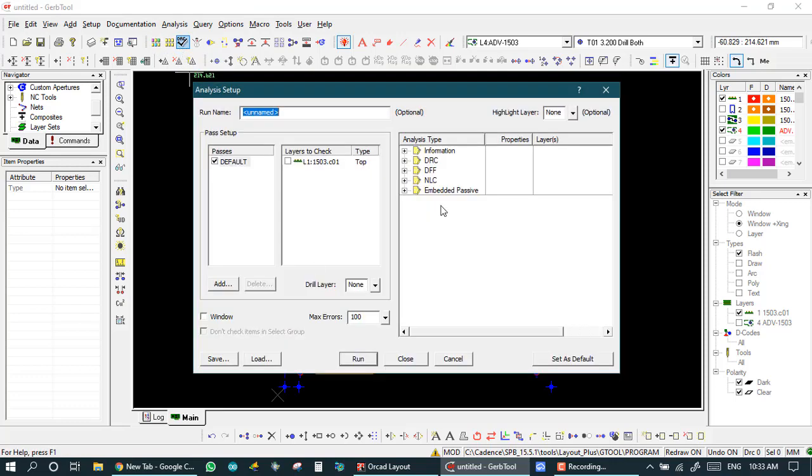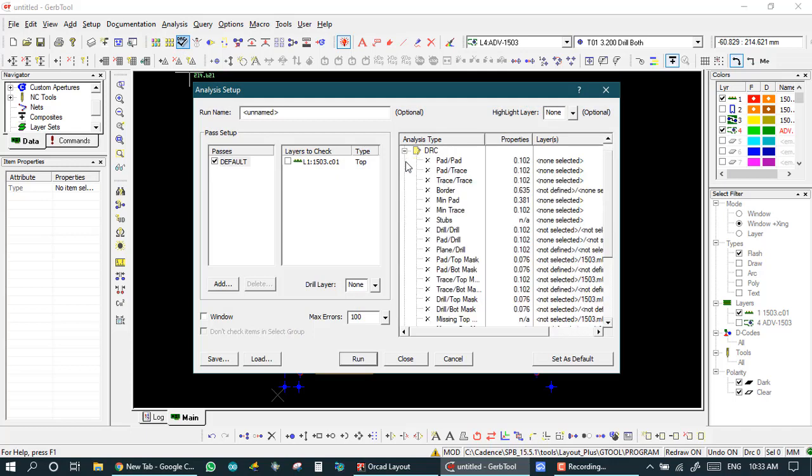setup, and DRC setup also takes pad to pad, pad to trace, trace to trace, drill to drill, pad to drill, pad to top mask, pad to bottom mask. It is DRC. After all the changes in the Gerber we check DRC, and if we have any fault, like here we set the pad to pad distance.